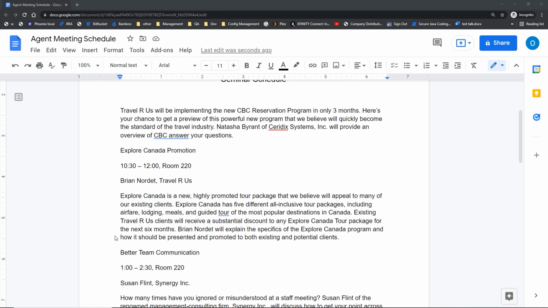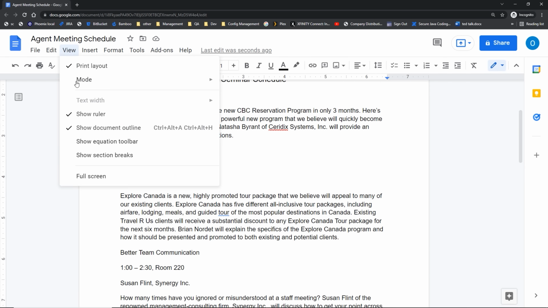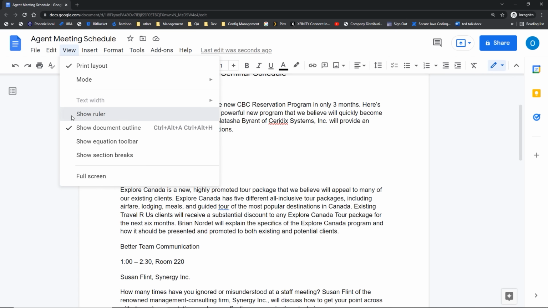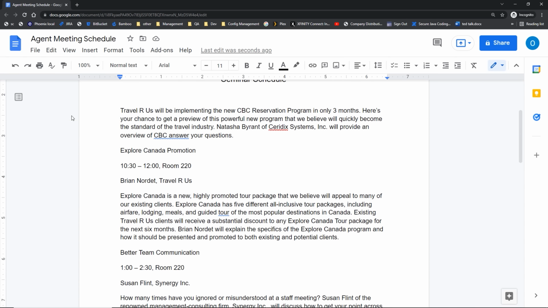Now, there are three kinds of tab stops. There's the left tab stop that aligns text at the tab stop to the left, center that centers text around the tab stop, and then right tab stop. Now, for any of these, you need to have your ruler turned on. So let's first of all make sure that's in place. Up here, I'm going to go to the View drop-down menu and just make sure there's a check mark next to my Show Ruler option. If I click on that ruler, it's going to turn it off. So make sure you keep the check mark next to it